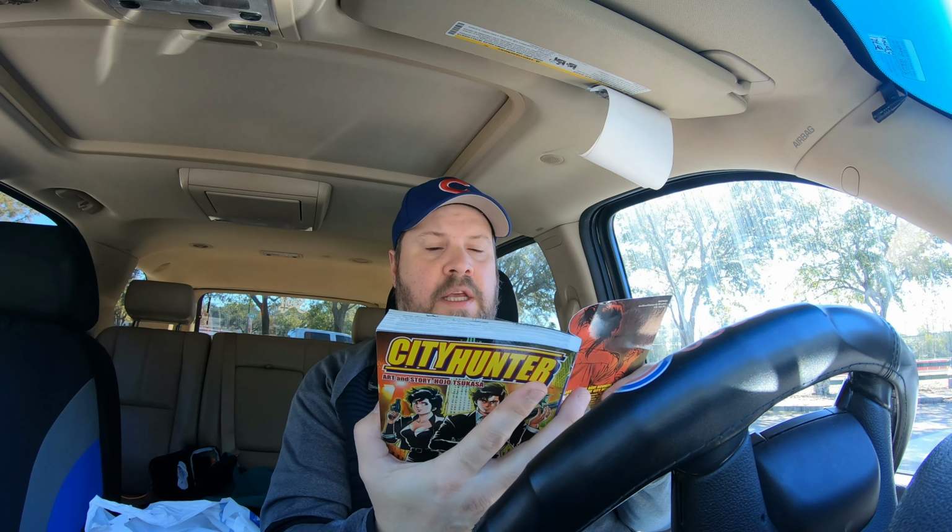And then these are two original Japanese Rurouni Kenshin novels. So there's that one and this one. And each one of these were $1.99. All the manga. They had more of them in there. They had a couple of other